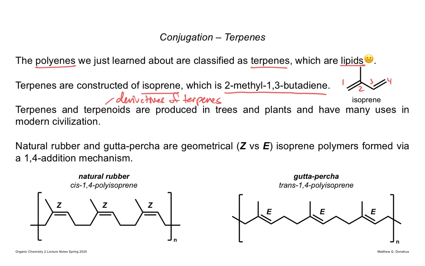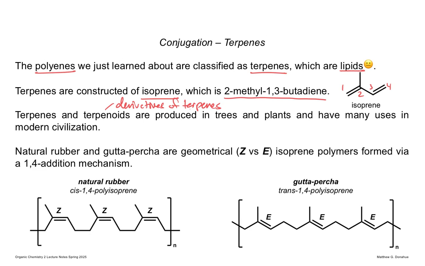Natural rubber, shown on the left, is the Z repeating unit in that polymer of isoprene. Gutta percha is the E repeating unit. And what do I mean by repeating unit? To see this N here, that subscript N,